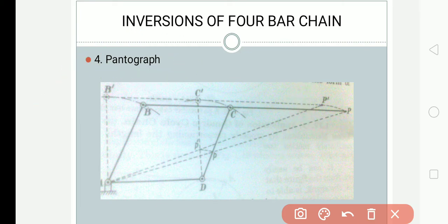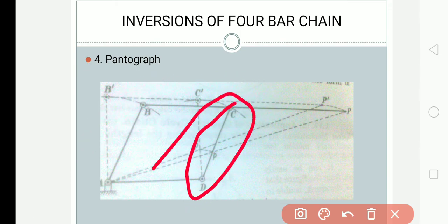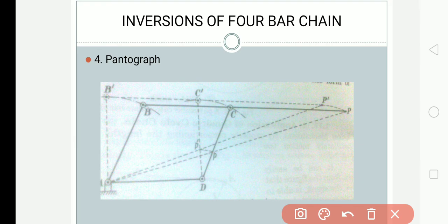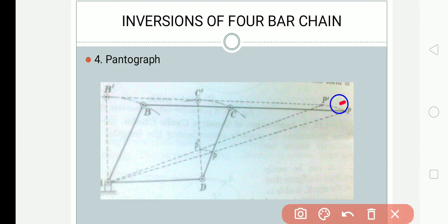So let us see. It also has 4 linkages. The first one is link AD, which is a fixed link. Then we have the link AB, which is the input link. Then we have the link BC, which is the connecting rod, and then we have the link CD, which is the output link. And at the end C, there is a lever attached. The end of that lever is the point P. That point P will move over the path P dash, and that is an indication of whatever value is to be measured. The initial position of the pantograph mechanism is shown by the rigid lines. A, B, C, D show the initial position, and the initial position of the point P is here.